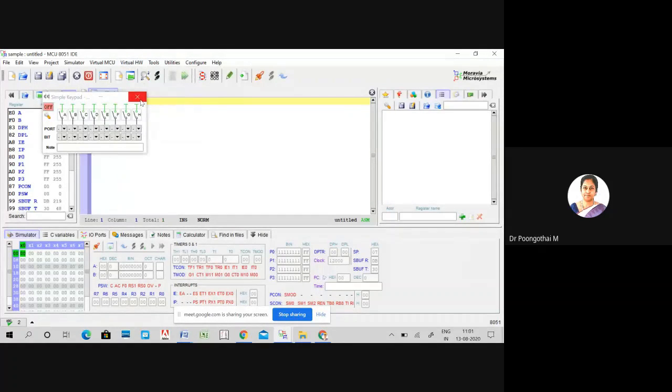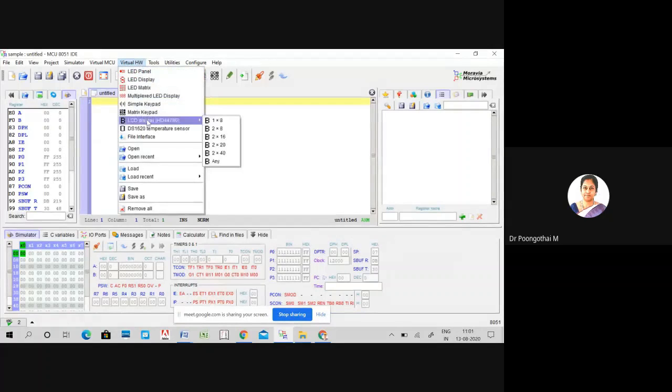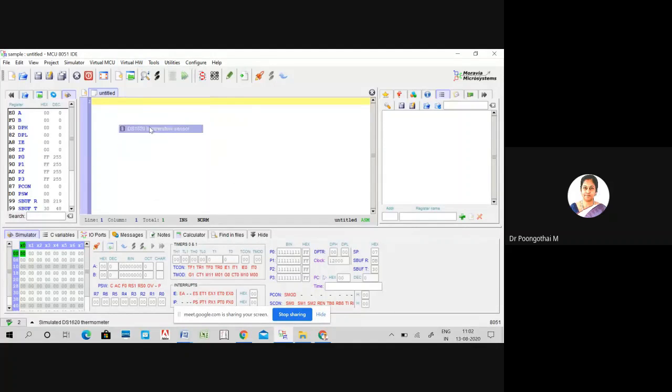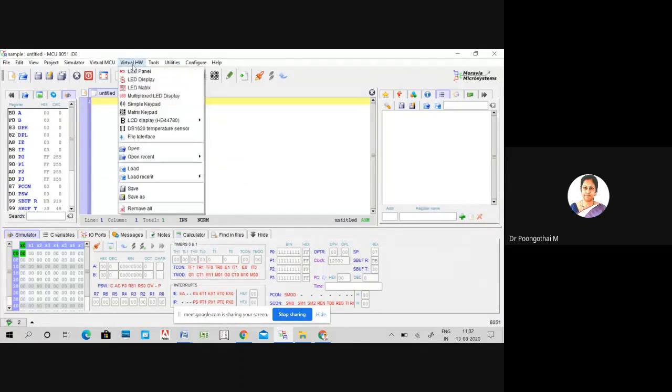Using this option, we can virtually connect this hardware with our 8051 microcontroller. Then LCD, matrix keypad, and temperature sensor. So these are the virtual hardware supported by this IDE: LED panel, display, matrix, multiplexed LED display, keypad, and temperature sensor.